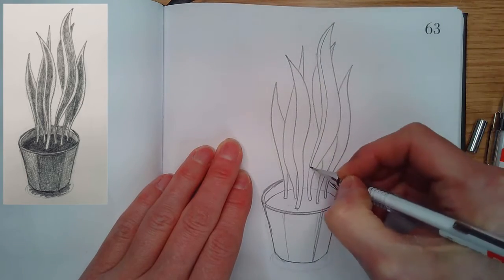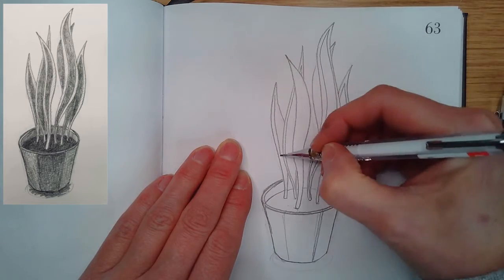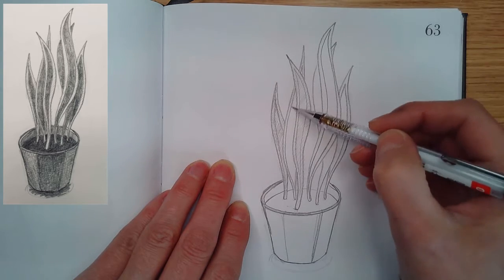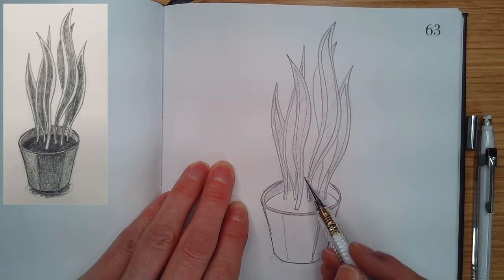And then this is a variegated leaf, so I'm just going to go in and make a little line to guide me so that when I shade it, I have the lighter section and the darker section. It's pretty simple. And then I'm just taking a lighter lead, so I think this was a 0.3,